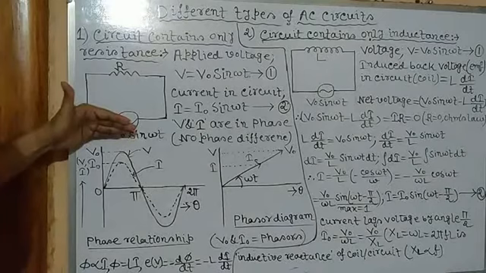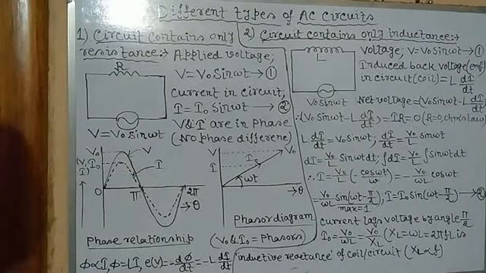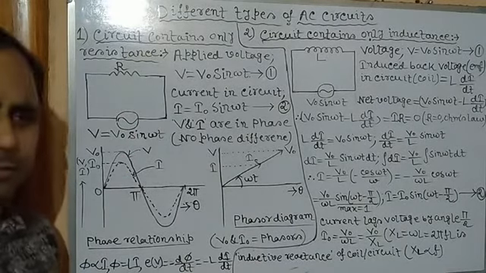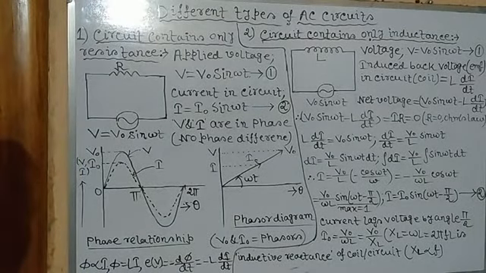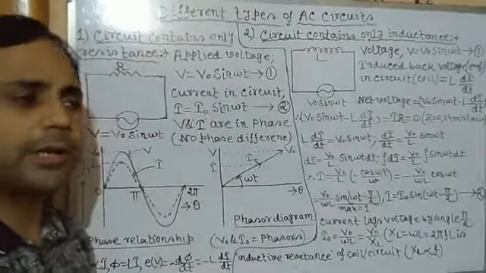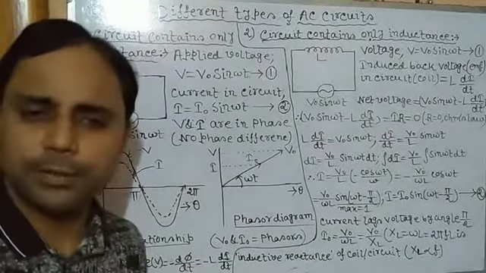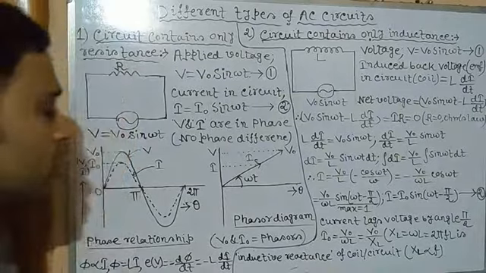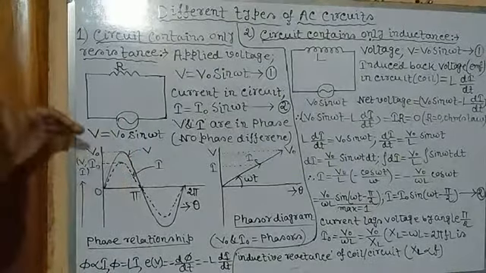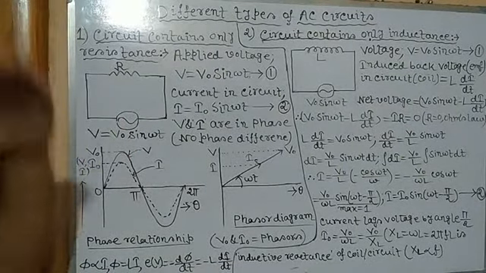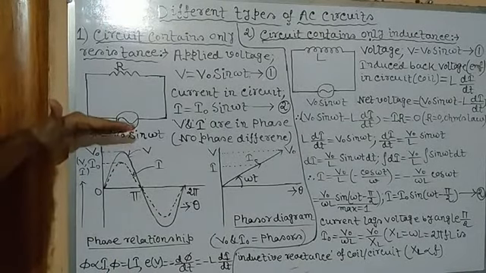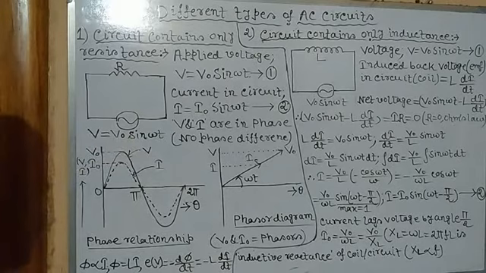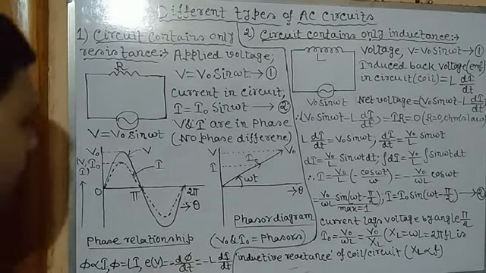Now why is V at the top and I just below? Because we all know the value of the domestic voltage in our household circuit, isn't it? In our house, the supplied voltage is 200 volt or 220 volt, whereas current is maximum 5 or 6 or 7 ampere. Since the magnitude of V is high, 200 or 220, and I is 5 or 6 ampere, that's why the graph of V is above and I is just below it. Clear? So this is the phase relationship.